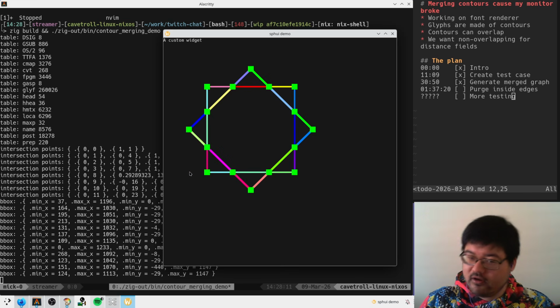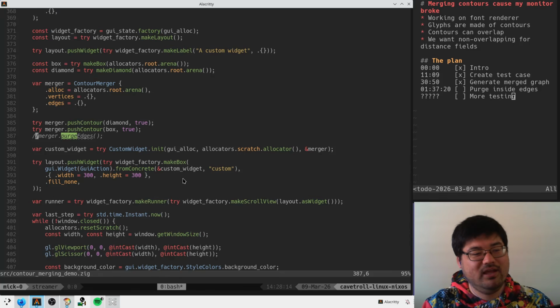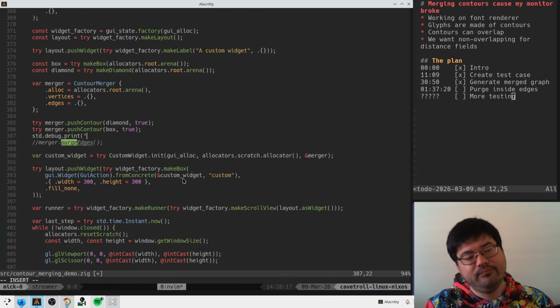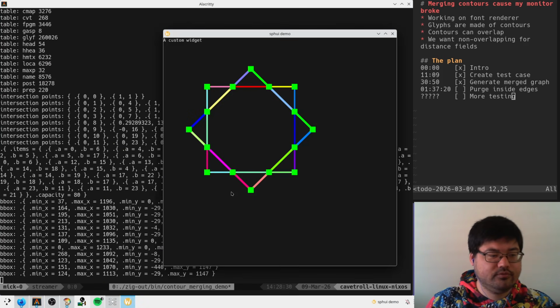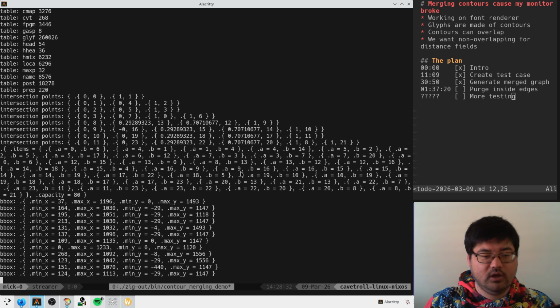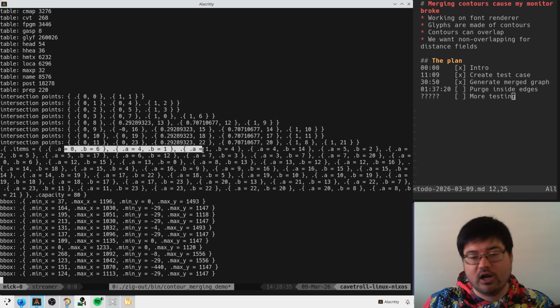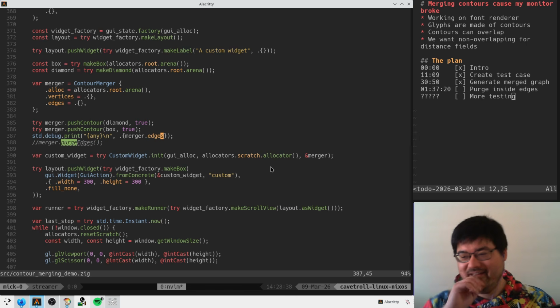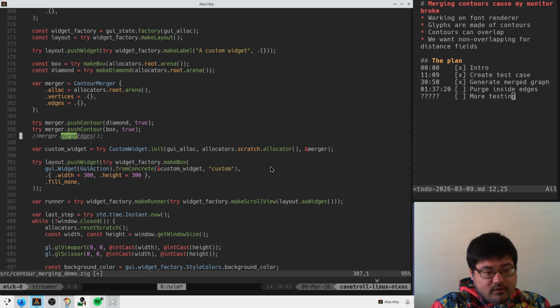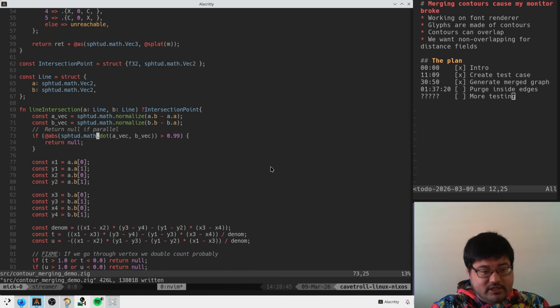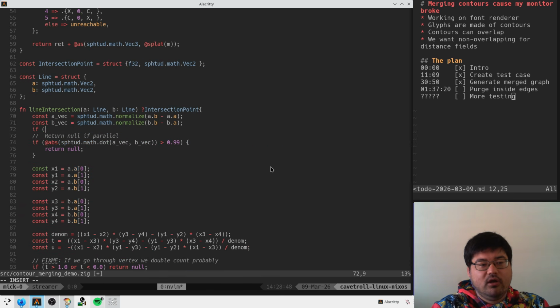Like, what the fuck? Why is there a zero? Can we, I don't know. Let's just kind of dump out what we get after we push the contours. This is not helpful. Not helpful at all. Well, for now, I'm just gonna cheat and say, if avec,